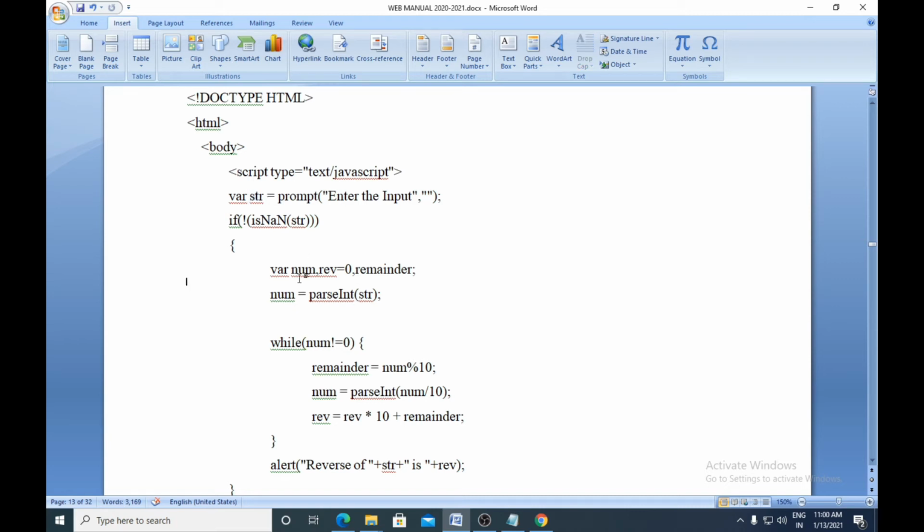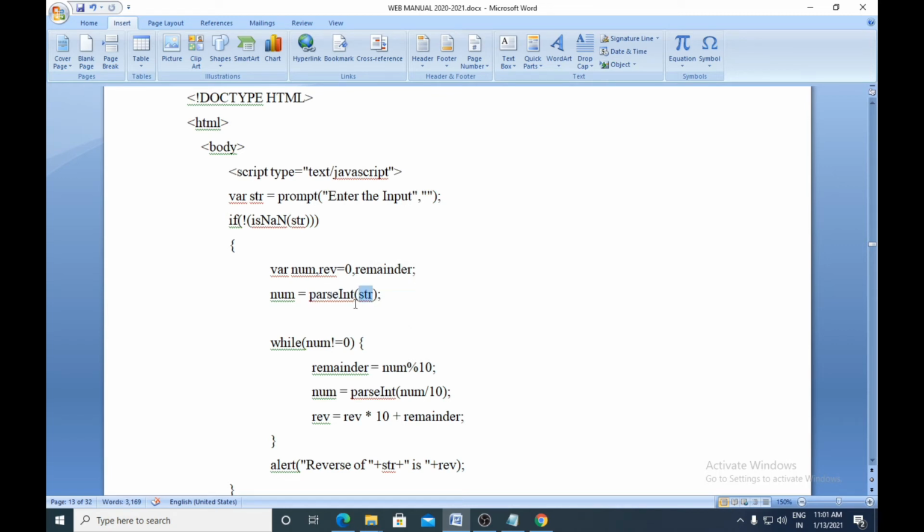I can find the reverse only if it is an actual number, but here it is a string. That conversion from string to integer is done by the function parseInt. To this function you pass a string, and that string will be converted to an integer.